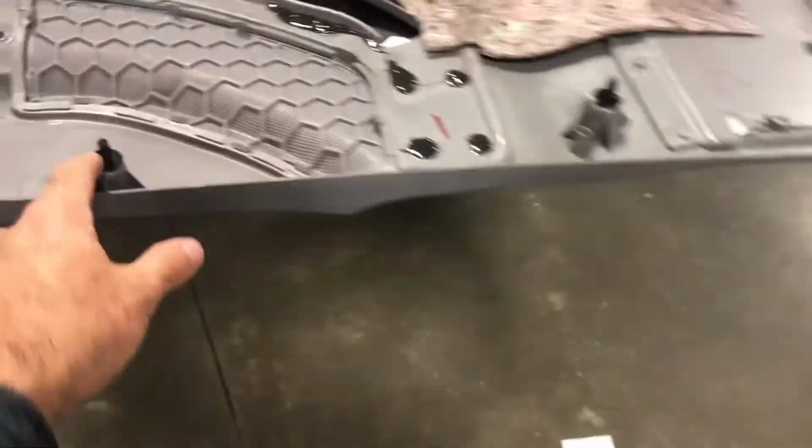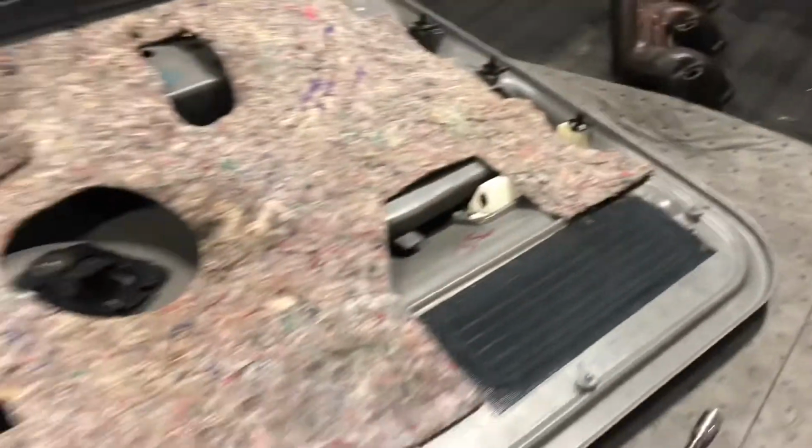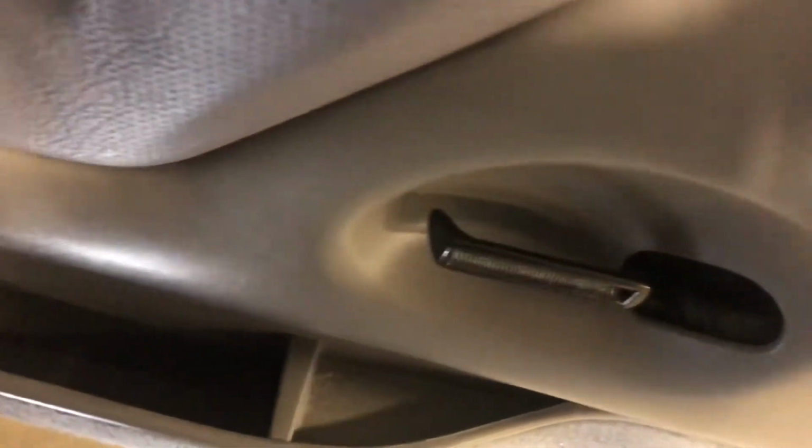So I already knew clips whenever I put these on before, so should go on nice and easy, and then we'll get on to the back door. All right, guys, that's a wrap. About to clean up this mess and get out of here. So got all new black handles in,